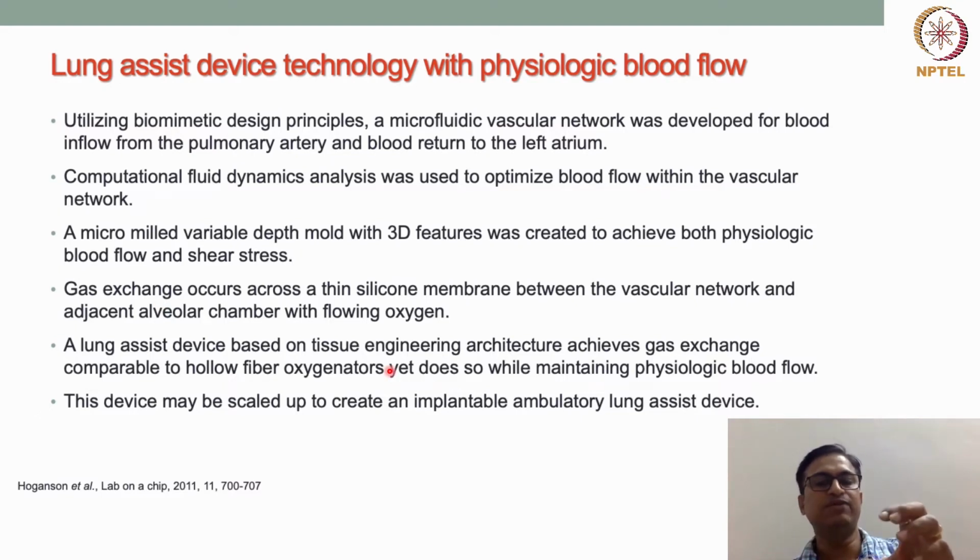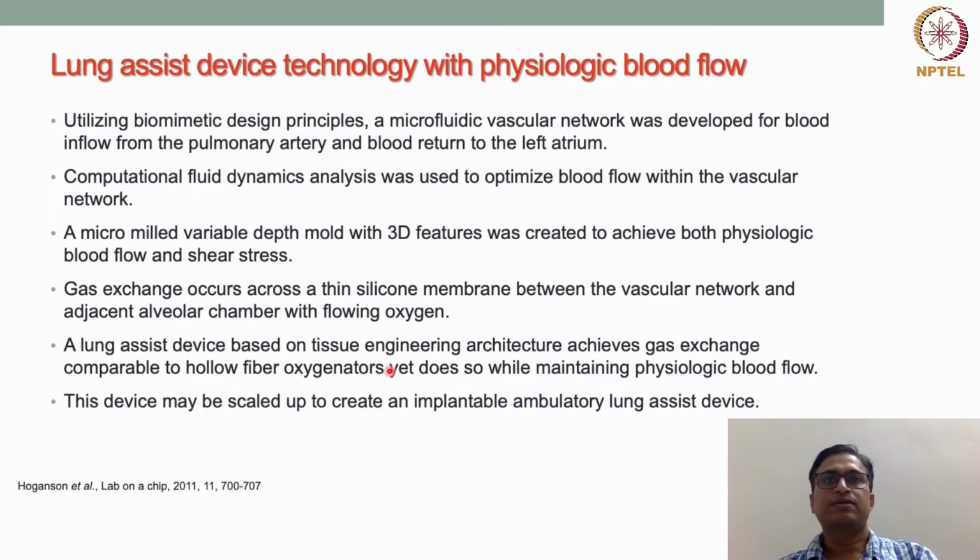So in their device, on the top there is an alveolar chamber, then the silicon membrane, and below there is this vascular network. The silicon membrane represents the respiratory membrane, and the vascular channel and the air channel are both present, so that the gaseous exchange can happen. So now with this kind of device, they found that